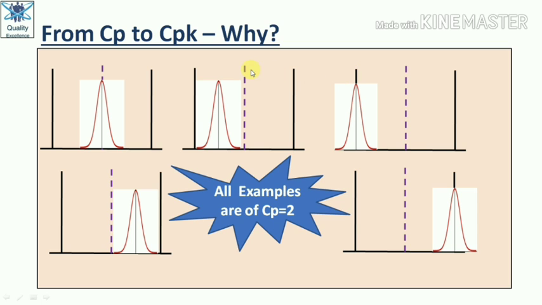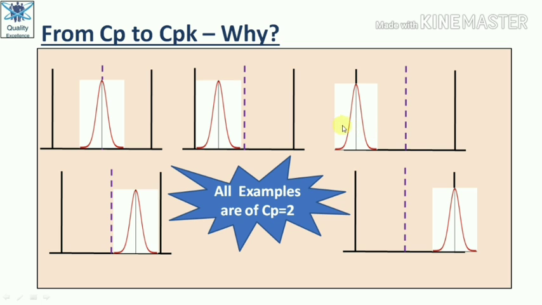That is why CPK comes into the picture. And what is CPK? It is nothing but the centeredness of CP, or the centeredness of the process mean. What does it mean? How far is your process mean with respect to your target line or center line? So